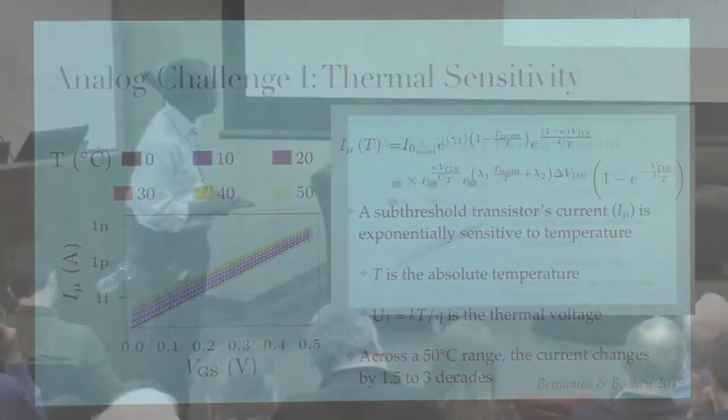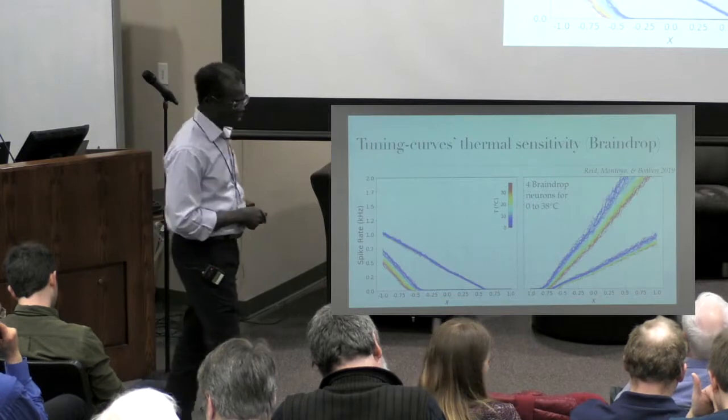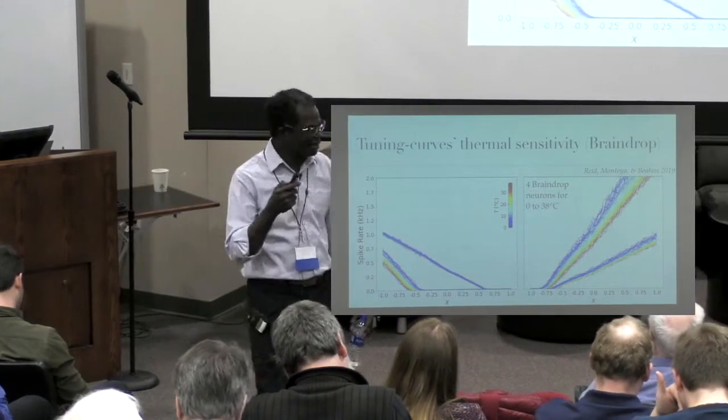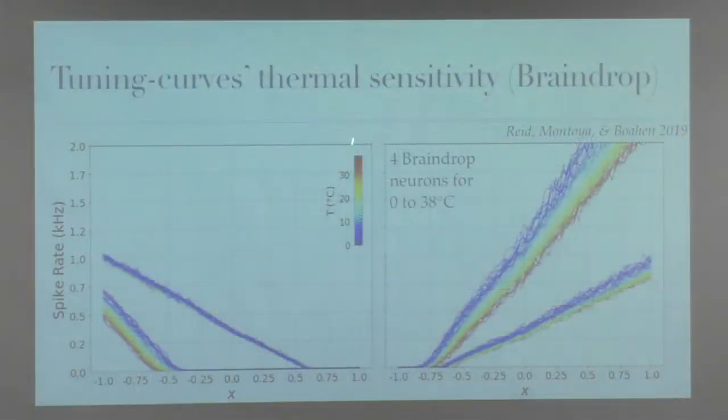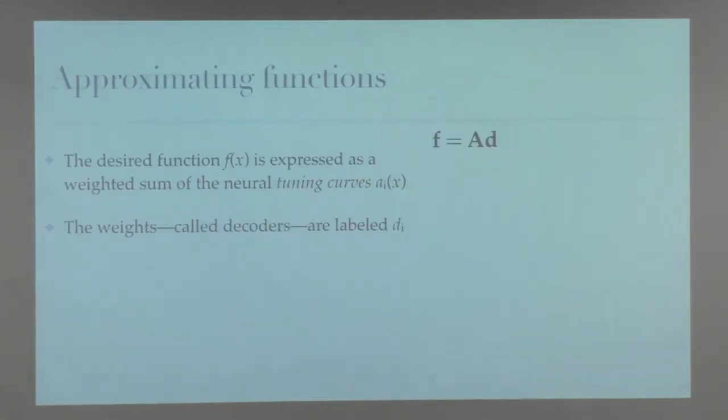This is the transistor level. And it's much worse than BrainDrop. But in BrainDrop, because of all this experience that we had, we came up with a better design. And here is sort of the typical variation. You get over 40 degrees Celsius, or 38 degrees Celsius. You can see this neuron here turns on when it's cold over here. And when you increase the temperature by 40 degrees, it has a higher threshold and lower firing rate. Actually, you get all kinds of different patterns of response. And some guys that just get lucky don't change much.